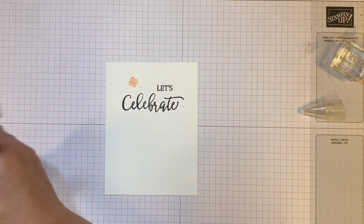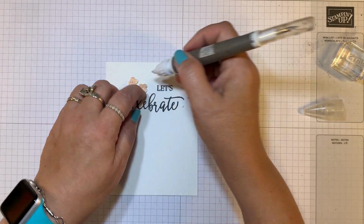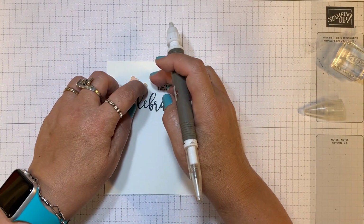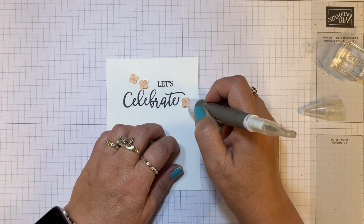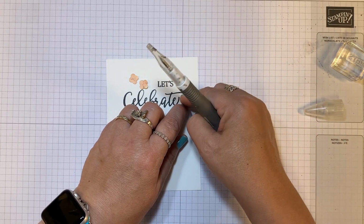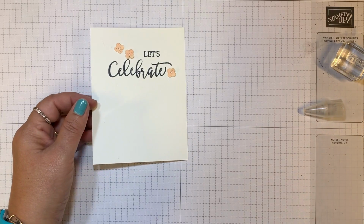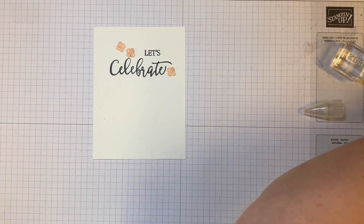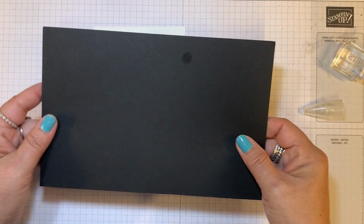Okay, and I've kind of wrinkled the flowers up a little bit to give them some dimension. Once they're in the card, it may flatten out when you mail it, but it's okay. So that's ready. So to keep that safe, I'm going to go ahead and get my basic black card